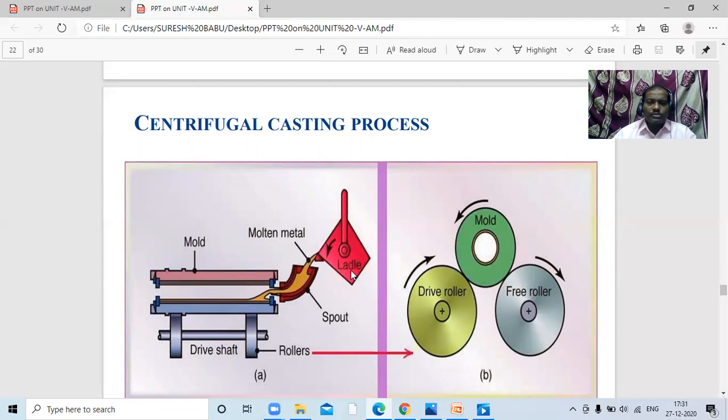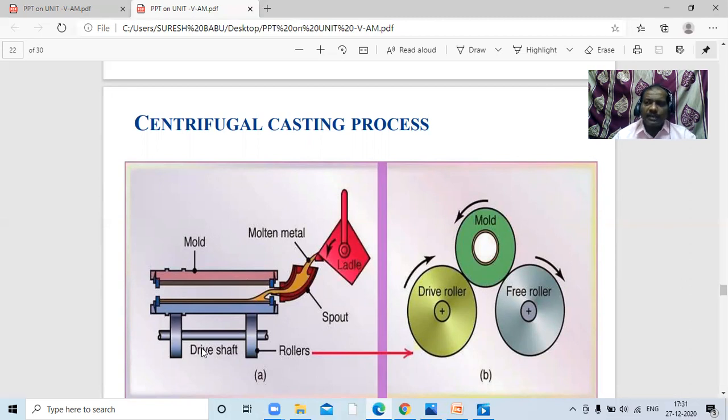In the crucible, we convert the raw solid material into molten metal, and that molten metal is poured into this spout. This is the path it takes, entering into the mold. This mold is fitted with a driving shaft. That means it is rotated with the help of rollers.